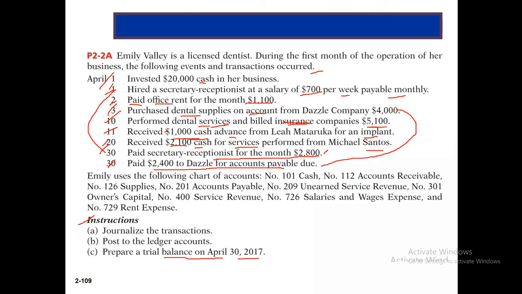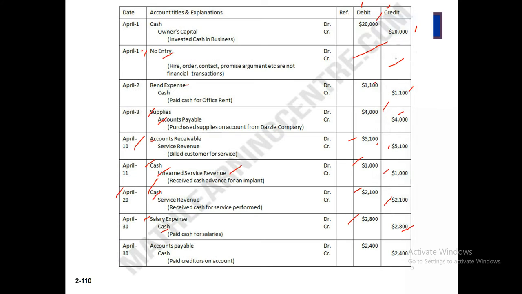So you know that accounts payable, it was credit 4,000, this figure. Now we are paying 2,400. So this is credit, increase accounts payable, increase credit, but now decrease, that means we are paying accounts payable. So it will be now 2,400 debit. Okay, I think everybody is clear. So accounts payable debit 2,400 and cash credit 2,400.